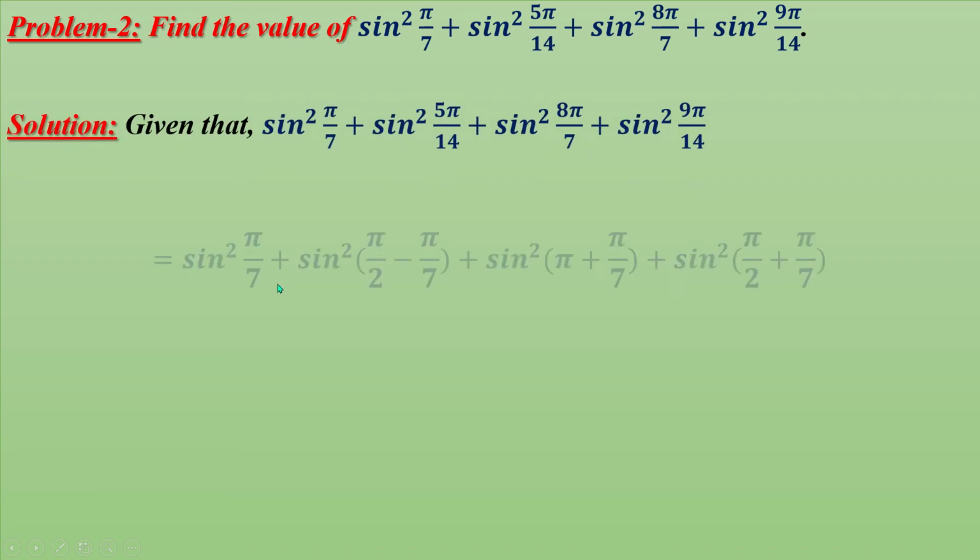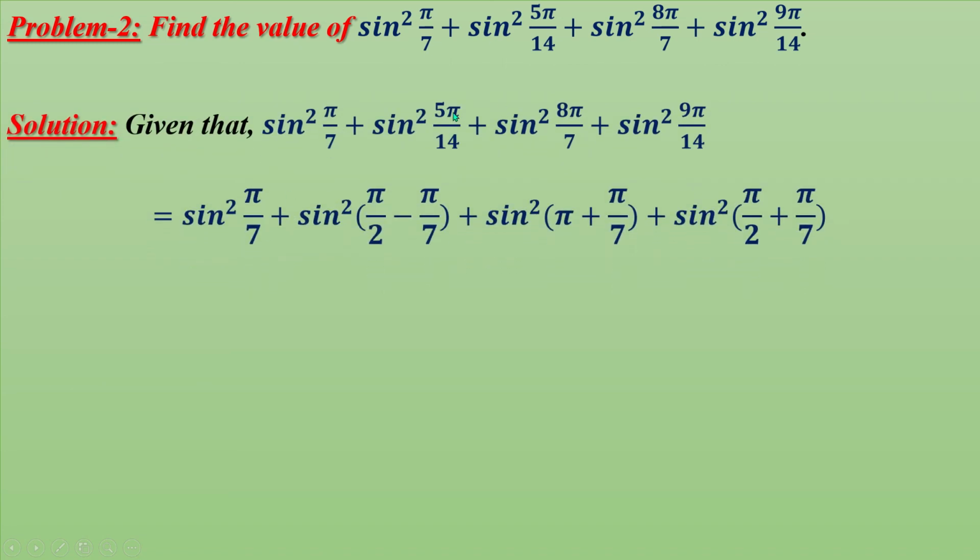This is the given condition. So this is fixed, and here it will be π/7, and here a right angle, that means π/2. By calculating this, we get 5π/14, because here the LCM will be 14 and here 7π minus 2π means 5π. Similarly, here it will be π plus π/7, and here π/2 plus π/7. After calculating this, we can write this.